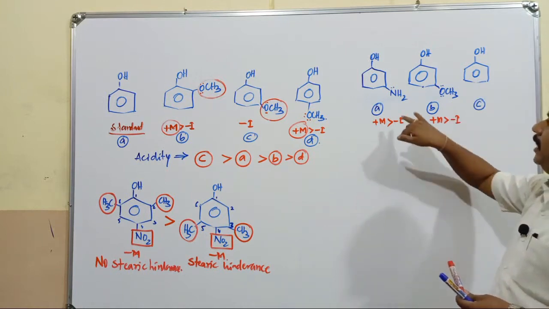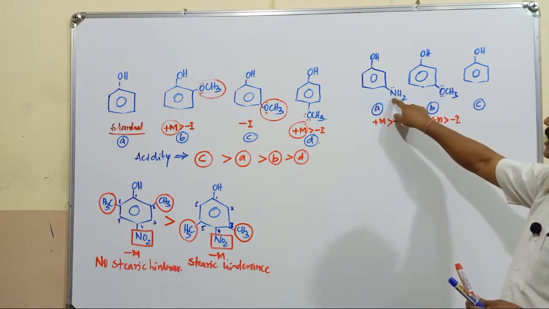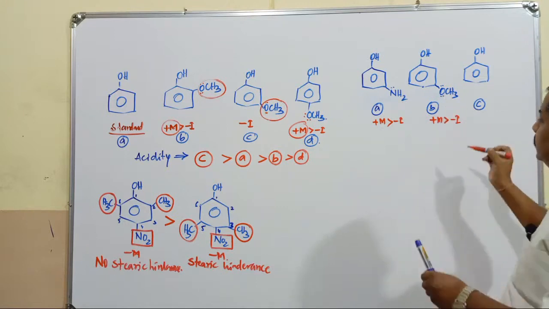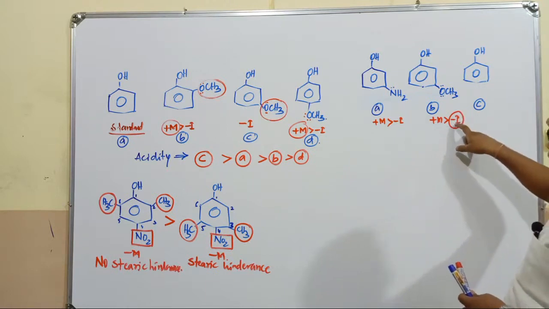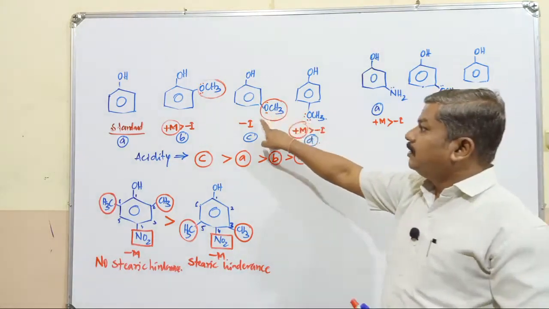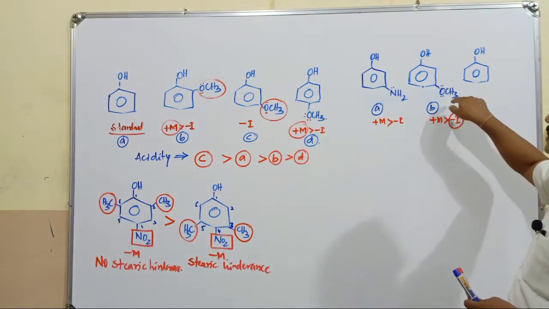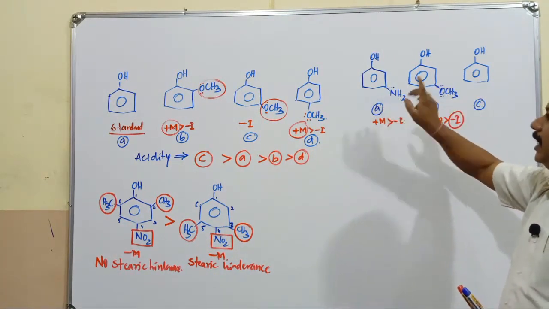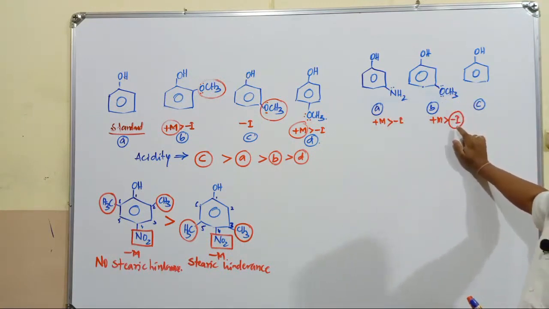But if you observe the nature of nitrogen and the nature of oxygen atom, nitrogen is less electronegative when compared to oxygen. When oxygen is more electronegative, there is a maximum intensity of minus I effect. When the intensity of minus I effect is more, so here this compound is going to be most acidic because of minus I effect only. Since there is a maximum difference of electronegativity between carbon and oxygen compared to carbon and nitrogen, this group shows a considerable amount of minus I effect.